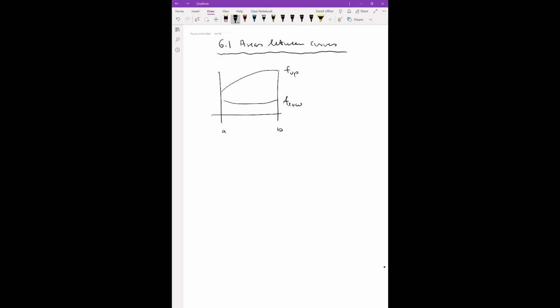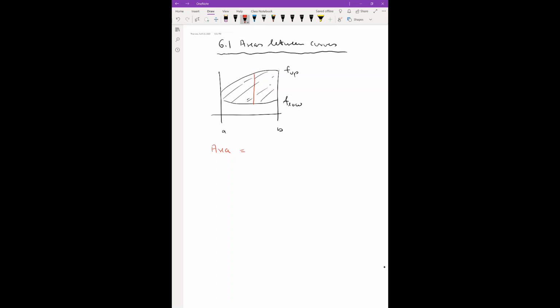And now the problem is we have to compute the area between the two curves. So we talk about the area that is bounded by the graph of F up and F low between A and B. Now, what is this area? That is the area of this